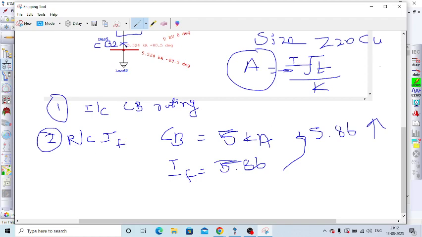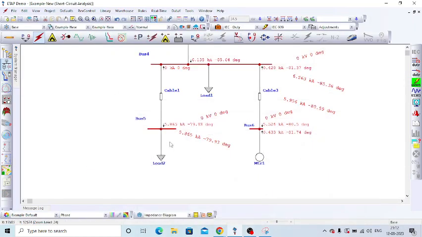Second option, reduce the fault current. So in place of 5 kilo ampere, we can go to a higher rating. That is option 1. Suppose that option is not feasible, then alternatively, suppose